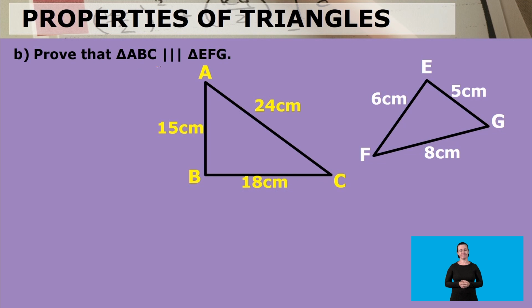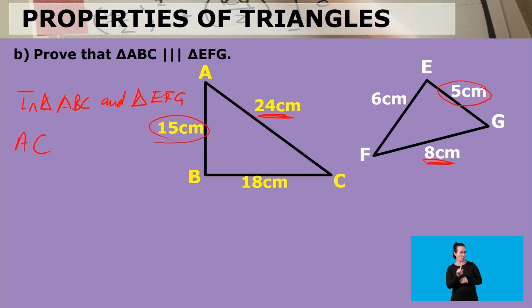Prove that triangle ABC is similar to triangle EFG. And when I look at the markings, I notice that there is a relation between that side and that side. There is a relation between that side and that side. And there is a relationship as well in the sides that I have not marked. So in this case, I will say, in triangle ABC and triangle EFG, what I have noticed is that side AC, if I divide it with side FG,